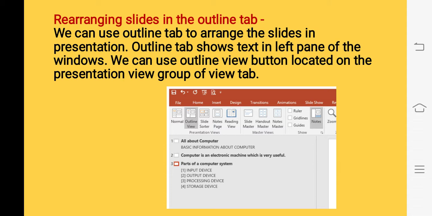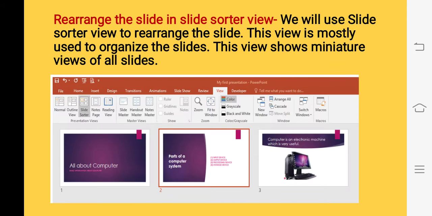It only shows text. It is not showing other objects like tables, word art, shapes, etc. And to change their order, we simply click on a slide icon and drag the mouse pointer to some other position.